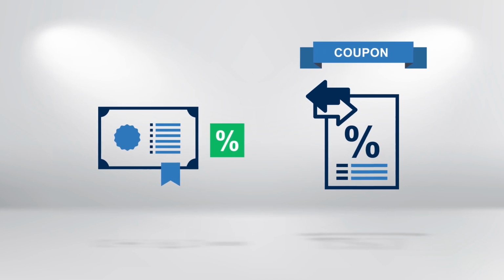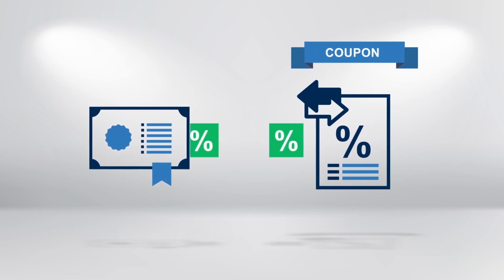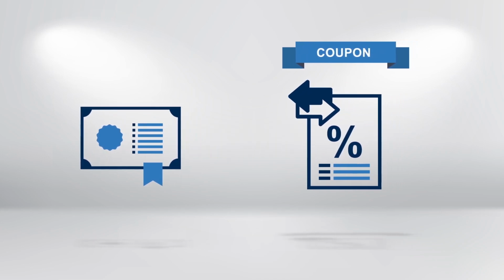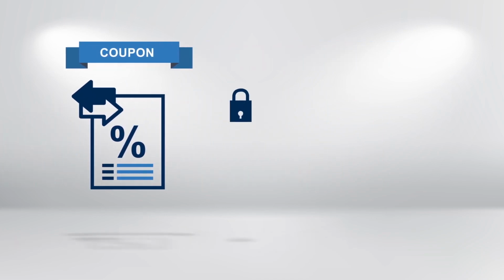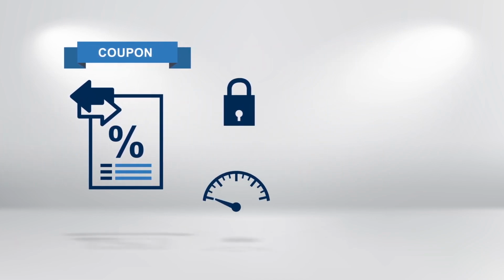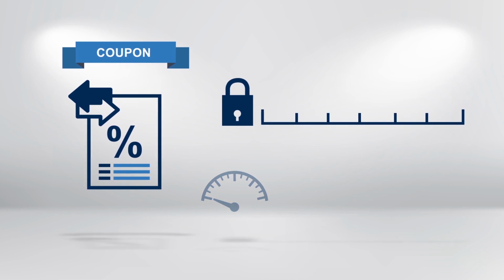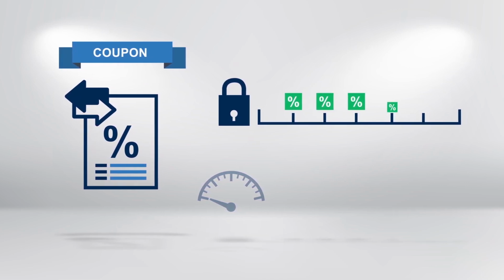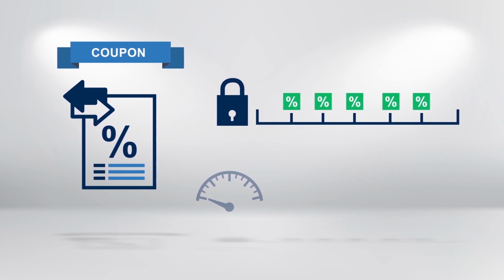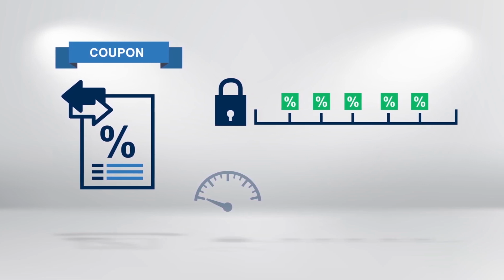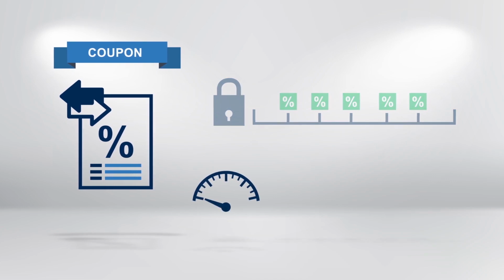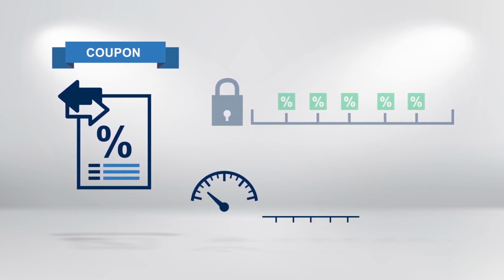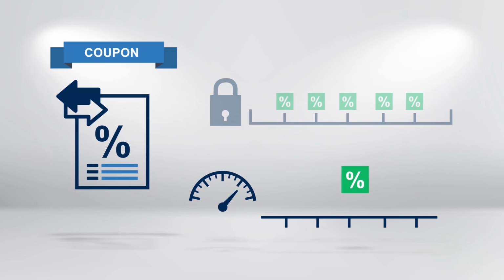Interest is also known as the coupon. This term defines the rate of interest that's paid on the bond by the borrower. The most common types of interest are fixed or floating. A bond with a fixed coupon pays the same rate of interest throughout its life at fixed intervals, typically once a year or semi-annually. A bond with a floating coupon typically pays a fixed rate of interest that is on